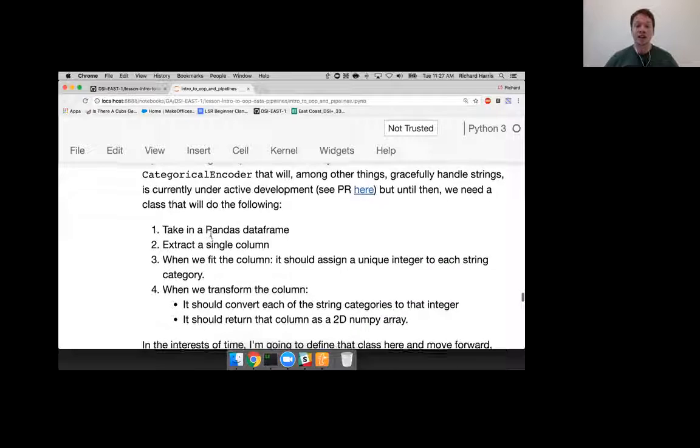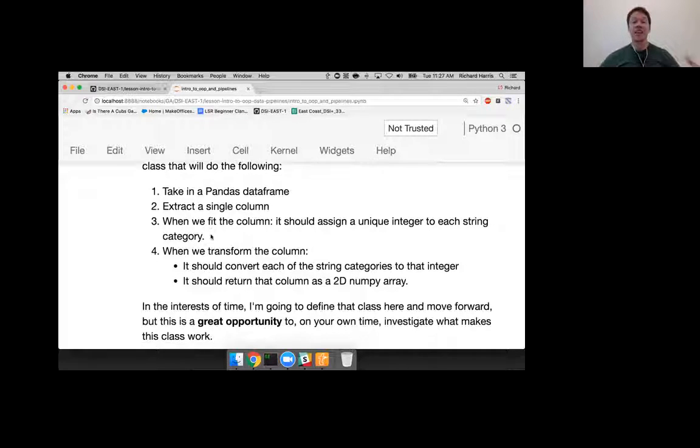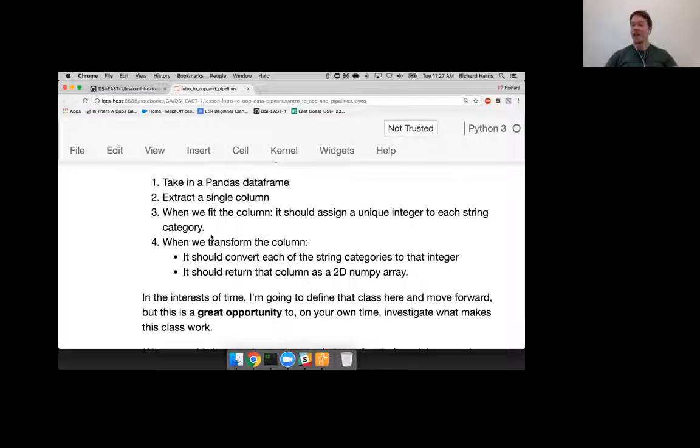We're going to create a class that is going to take in a data frame. It's going to extract that column. It's going to assign a unique integer to that string. And then it's going to hold on to that so that if it sees new data, it can say it's none of these. In the interest of time, I'm just going to define the class, and we're just going to move forward and